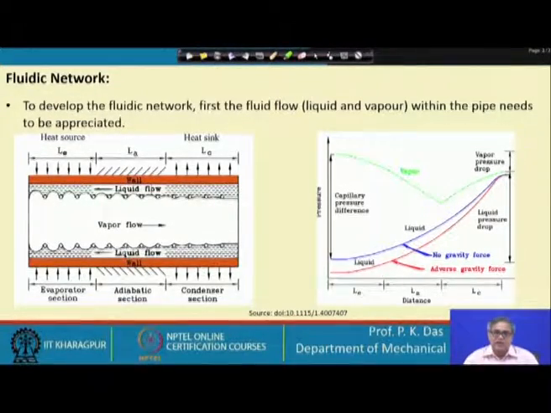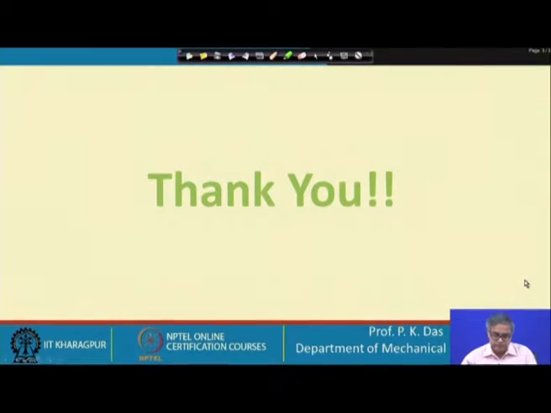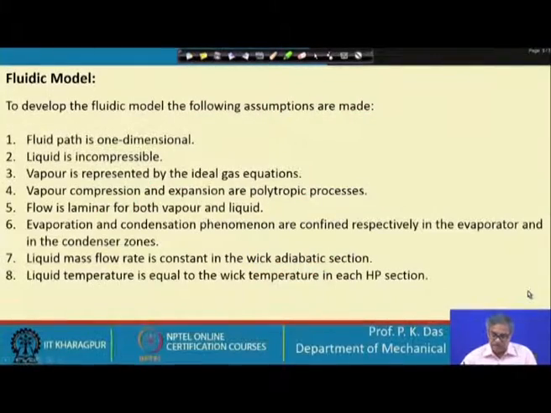and there is pressure drop for the liquid phase, and if the circulation has to be there, then these two things should balance, and then only we will have circulation. So, this is what we get from our consideration of the fluid flow. We can understand what is taking place. Now, if we move to the next slide, next slide means we have to go here.